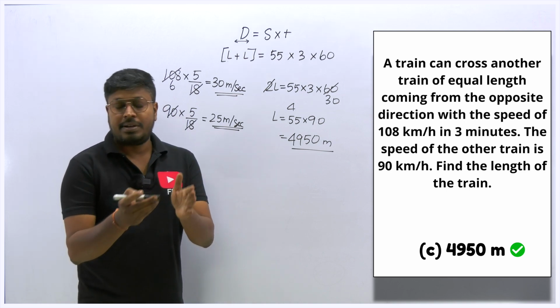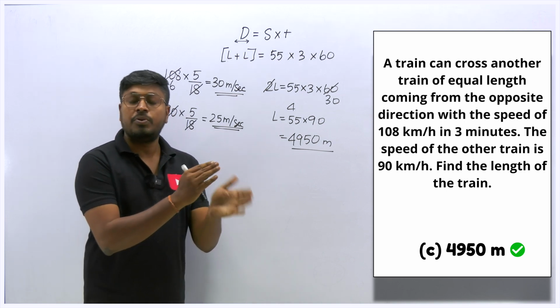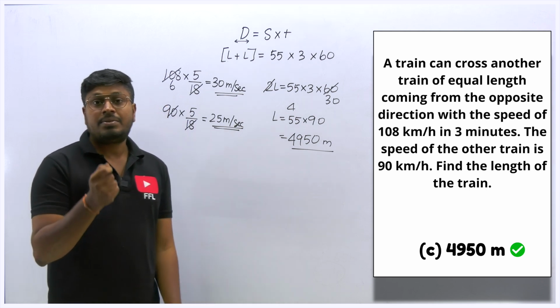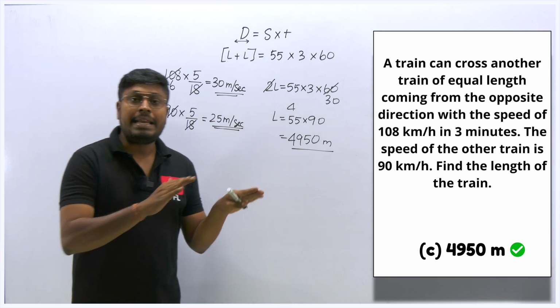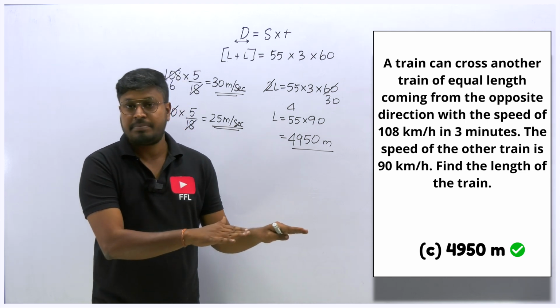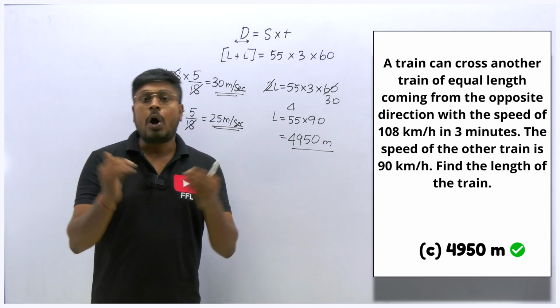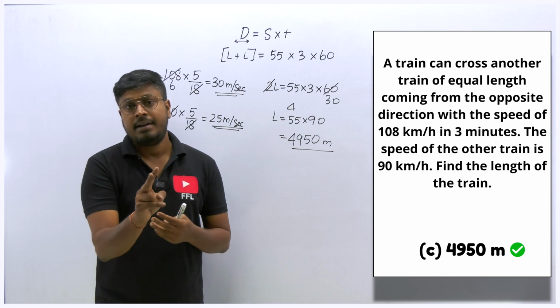So friends, understood or not? Time and distance based upon a train, both are the same. The only thing you have to understand is what is called relative speed. If both the trains are running in the same direction, we will subtract their speeds. If both the trains are running in an opposite direction, we will add the speeds